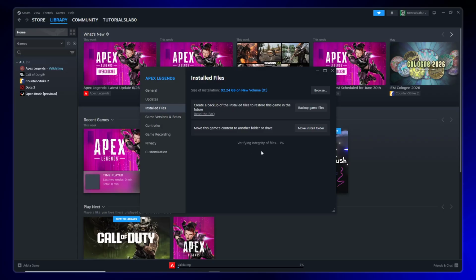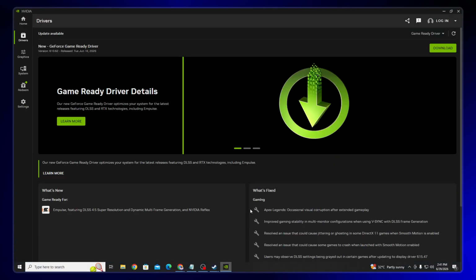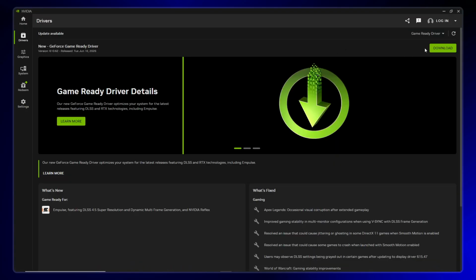Now, beyond these Steam-specific fixes, you also need to update your GPU drivers. Outdated graphics drivers are one of the most common causes of game crashes. Updated drivers fix crashes and bugs while also providing better hardware support for newer games like Blue Archive. Head to your graphics card manufacturer's website, whether that's Nvidia, AMD, or Intel, and download the latest driver version for your specific GPU model. After updating your drivers and applying these Steam settings, restart your computer to make sure all